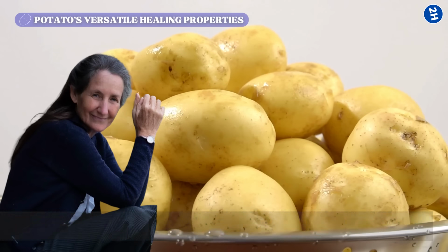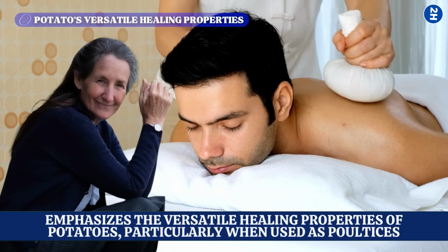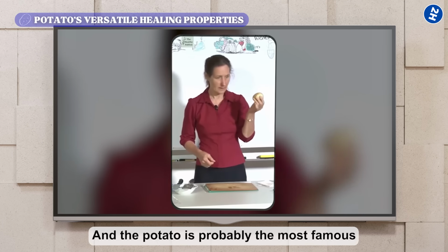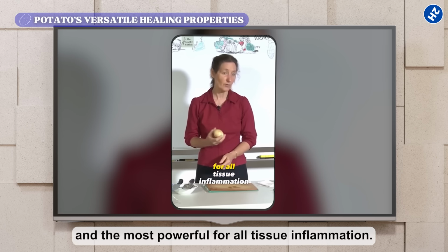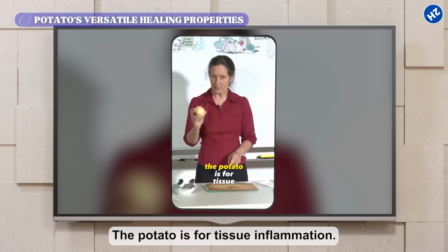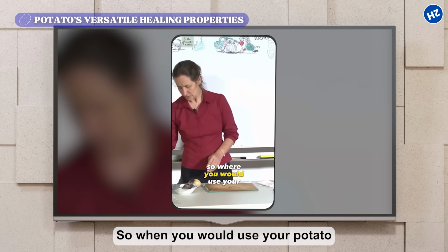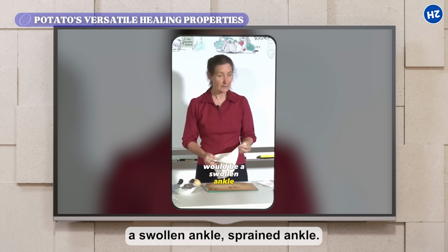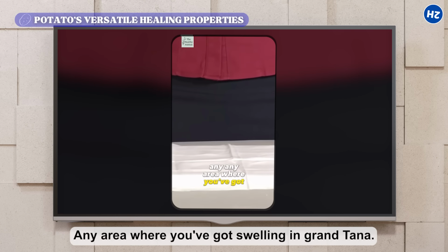Dr. Barbara O'Neill emphasizes the versatile healing properties of potatoes, particularly when used as poultices. Which we'll move on to now is the potato. And the potato is probably the most famous and the most powerful for all tissue inflammation. Ginger is for joint inflammation, the potato is for tissue inflammation. So where you would use your potato would be a swollen ankle, sprained ankle, any area where you've got swelling,